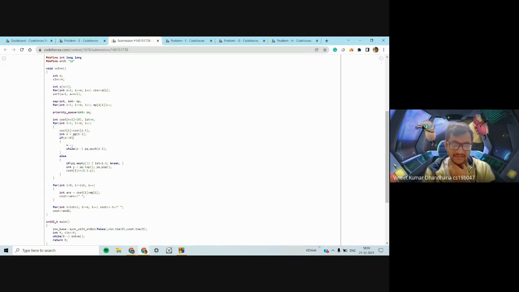If x is not equal to 0, so you already have some positive number of occurrences of I minus 1 in the array, you decrement x by 1 and you push it in the priority queue. I will explain what that priority queue is, but the important thing is the cost of I would just be cost of I minus 1, because you would just take the I minus 1 element.